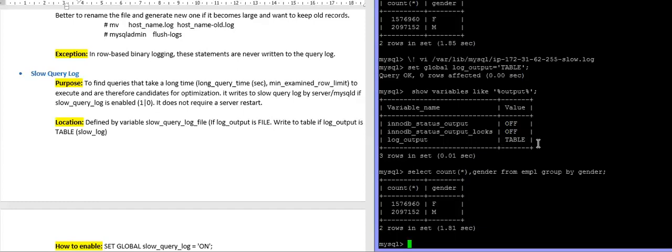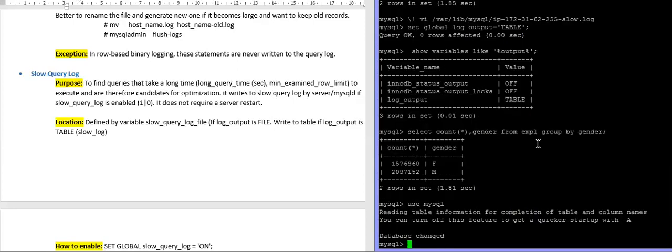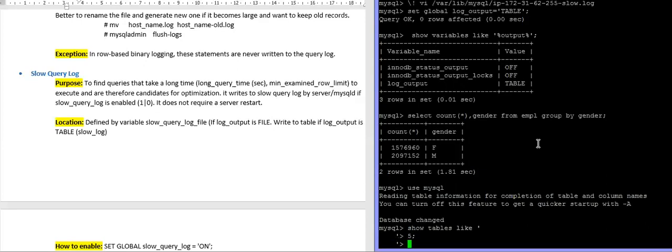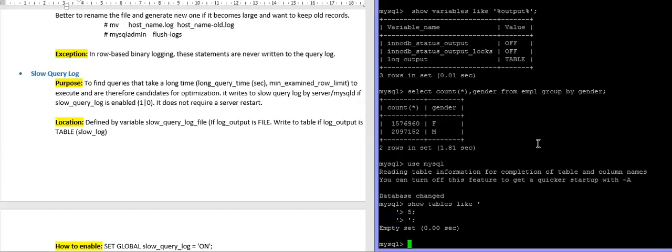So how can you find that system table? Go to the mysql database. So tables like log.